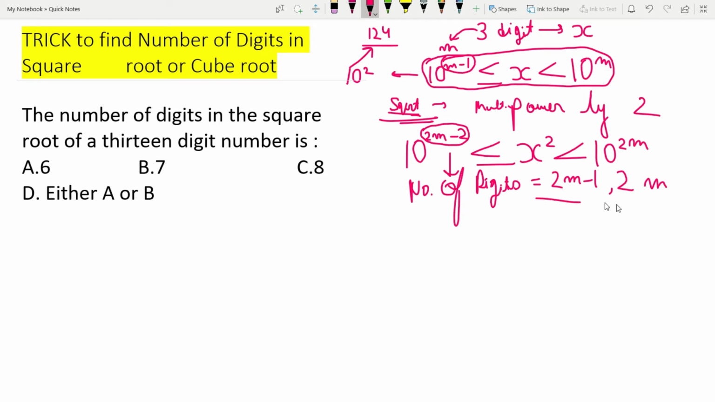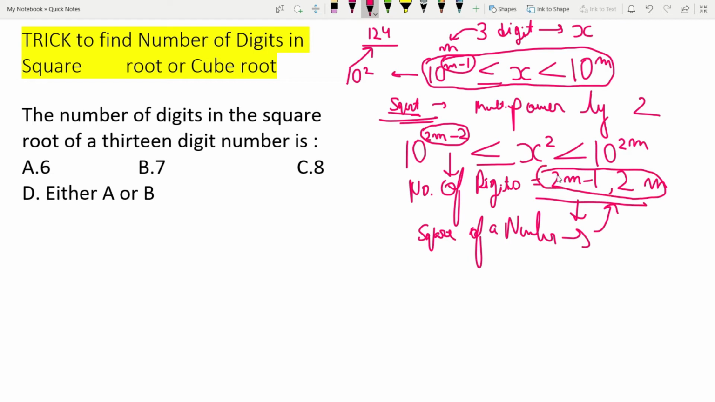Now, one more, conversely. If the square of a number has 2m minus 1 or 2m digits, it means that if we roll back from the square of the number to the original number x, then we can say that the number of digits, if the square of the number has 2m minus 1 or 2m digits, in the original number, that is the square root of this x square,